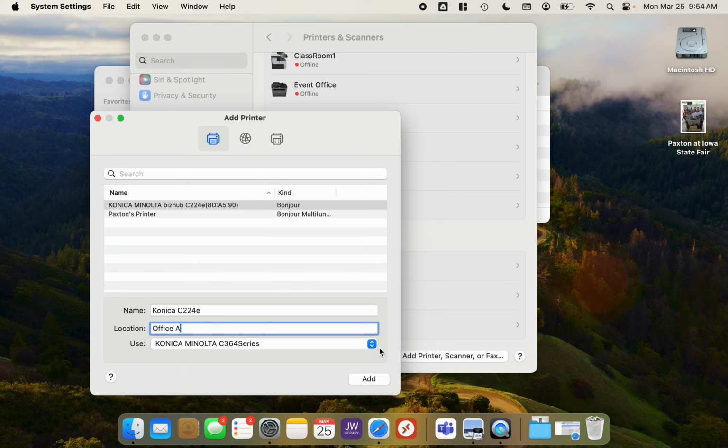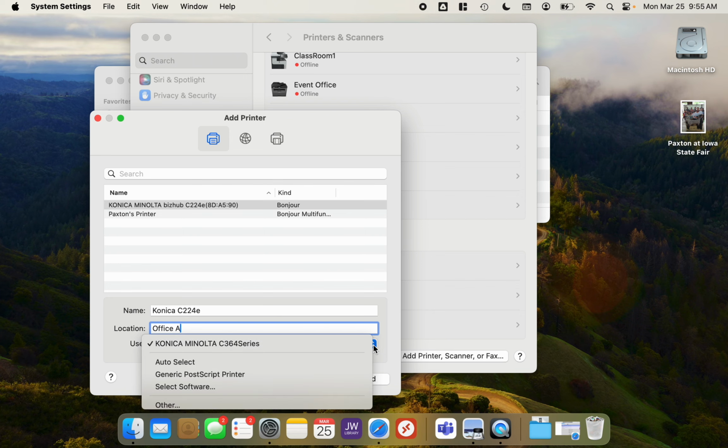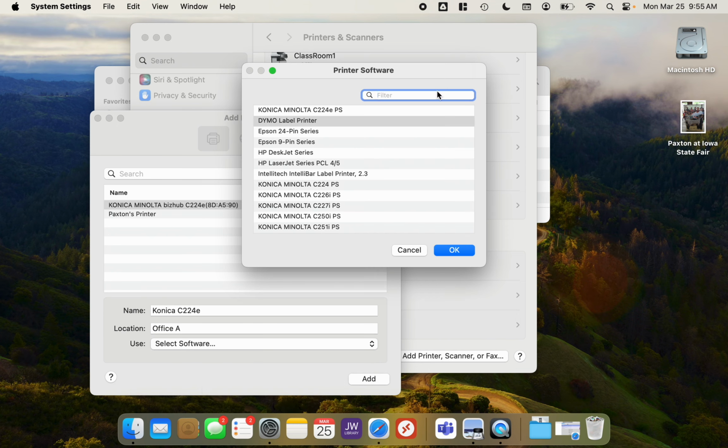So the next part is very important. This is where we're selecting the driver. So you're going to want to drop down this list and you're going to go to Select Software so we can make sure that it's using the driver that we downloaded. So this is all of the drivers installed on your system. So you can type in again your model,